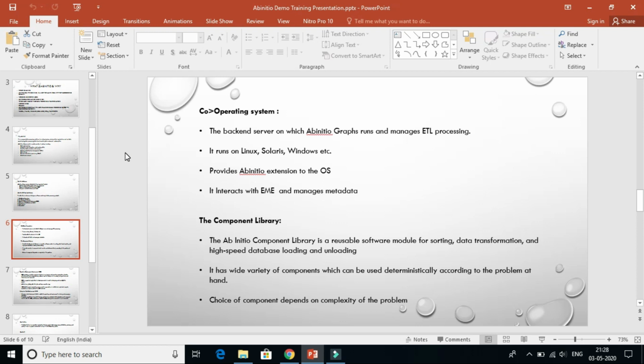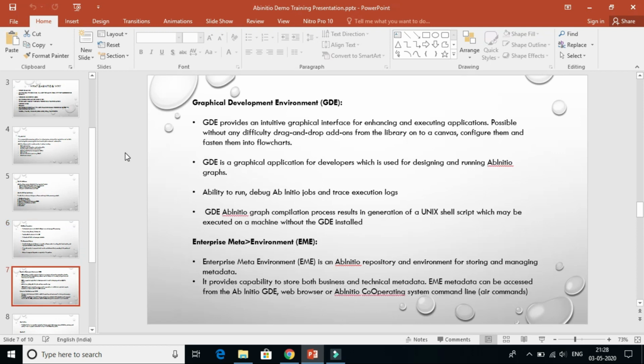And GDE, graphical development environment. So this is the area which we will be developing. Whatever part we develop is known as a graph. This is in Ab Initio. In Informatica or DataStage we call it a job, but in Ab Initio we call it a graph. So GDE is basically an intuitive graphical interface for enhancing and executing applications,